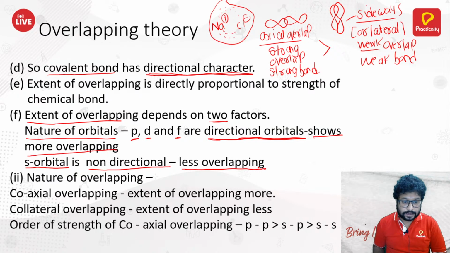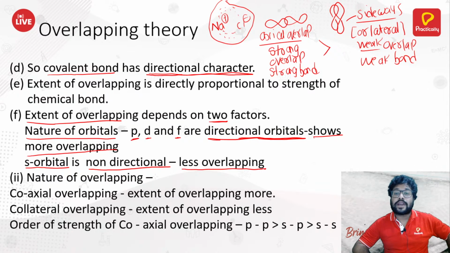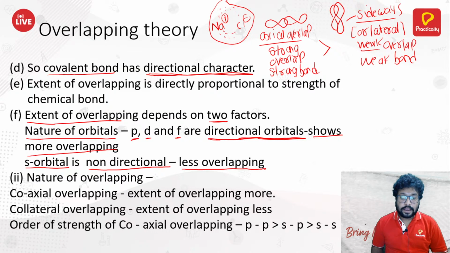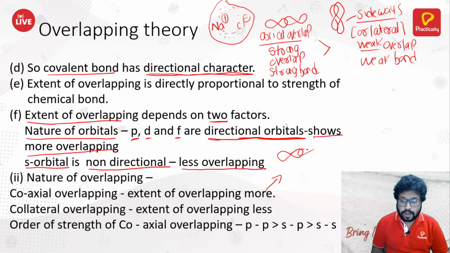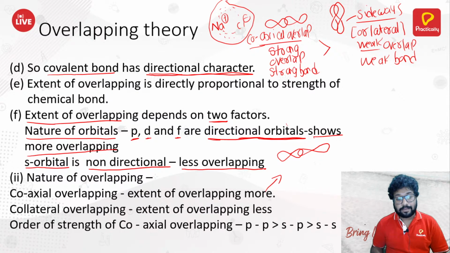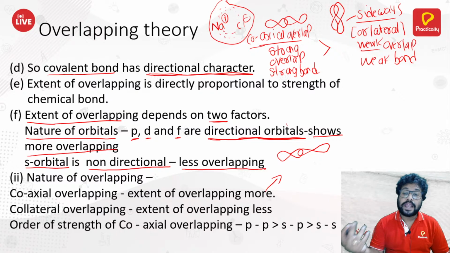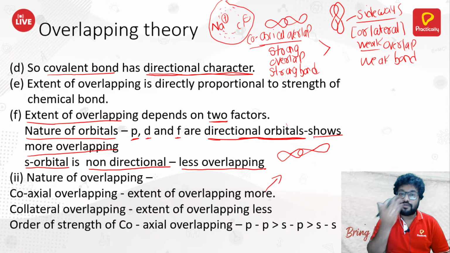That is the first factor. Okay, second factor is what? Is the nature of overlapping. How is your overlapping happening? Okay, you can see here this first one I told you, coaxial overlapping. What is coaxial overlapping? I have shown it here. See, this is coaxial overlapping. So in the coaxial overlapping, extent of overlapping would be more and hence the bond would be more